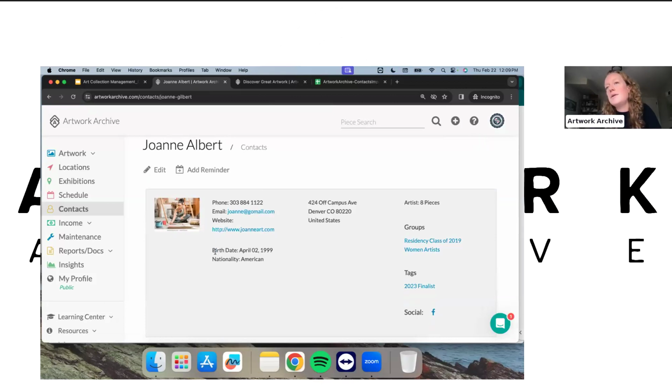And no matter if you are coming from a corporate collection, a private collection, a nonprofit, a public art program, a hospital, it is so crucial to keep track of all of the information about our artists and our collection to help promote and preserve their legacy, and in part the legacy of your collection as well. And so, keeping track of the birth date, nationality,